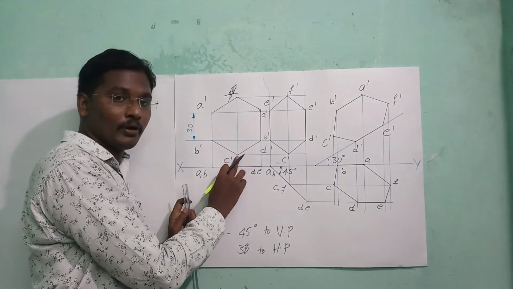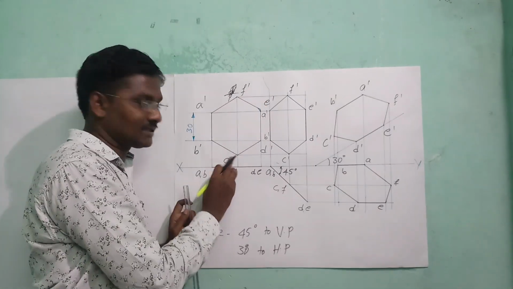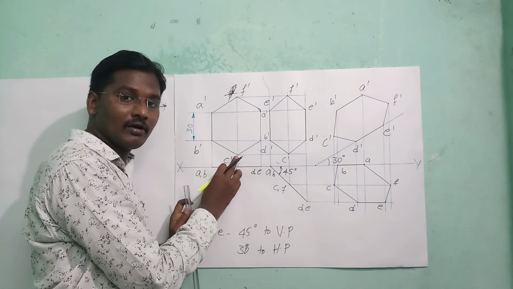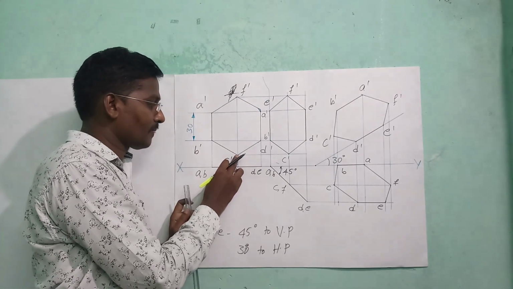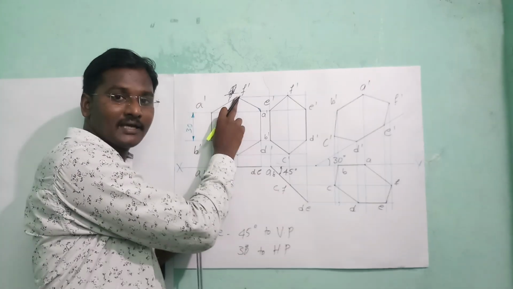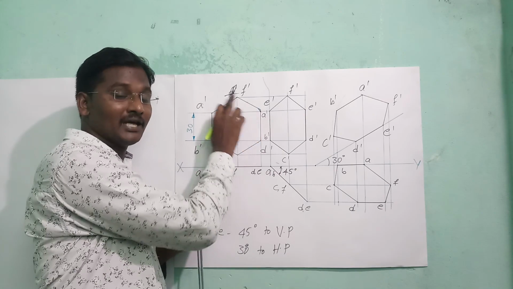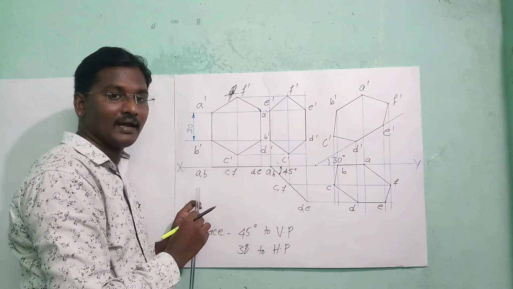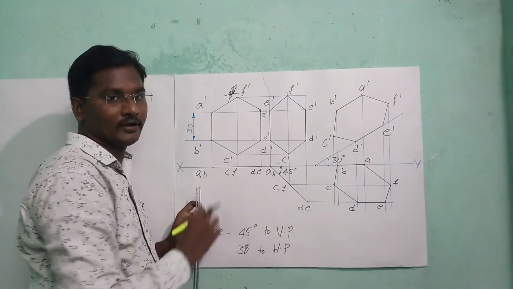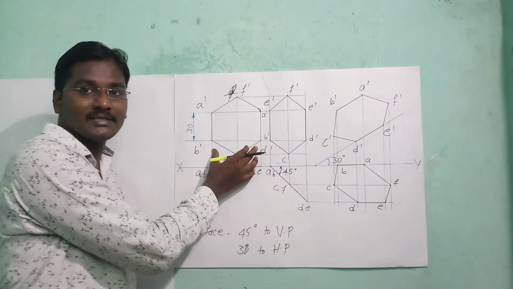Now here I got the point C dash and F dash. This is the point F dash. Next, at this point C dash take an angle of 60 degrees and draw a line of 30 mm. Similarly, at the point F dash take an angle of 60 degrees and draw a line of 30 mm. With the help of the protractor we have to take the angle. Join these two points as a straight line. So here we got the 6 points and the diagram as a hexagon.